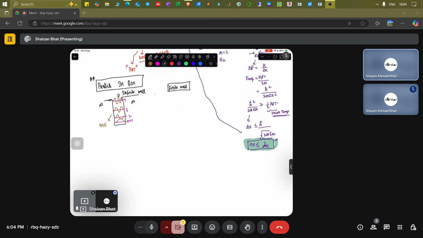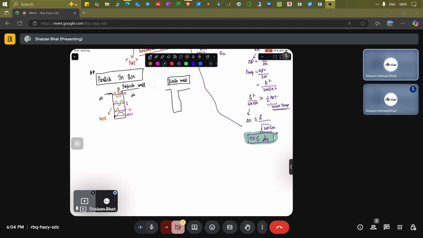For the finite well problem, if you have a finite well, you again solve the Schrodinger equation, but in a different fashion. For the infinite well you have the boundary condition that the electron wave function does not exist outside the well. But for the finite well, there is a finite probability of finding the electron outside the well. The energy levels look something similar. This is n equals 1, 2, 3, except that the first energy state looks like this, the second looks like this, the third looks like this. There is a certain probability that the electron can be found outside the well, which is basically called tunneling. This is the tunneling probability, and this is just the finite well picture.